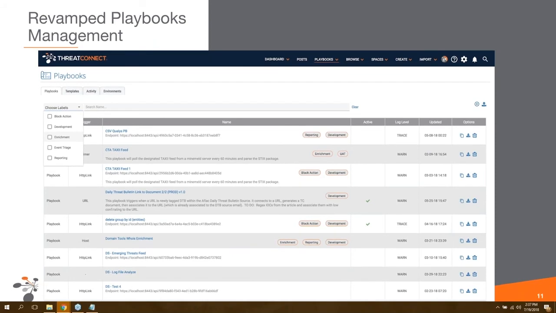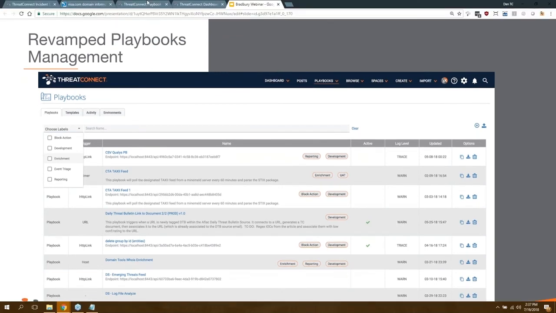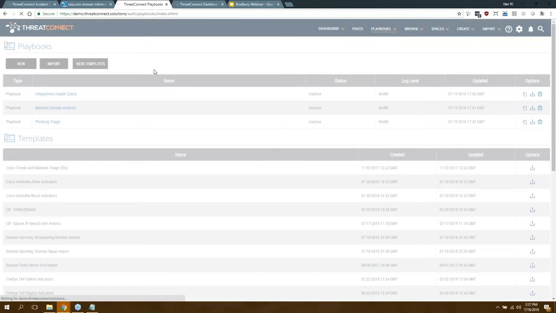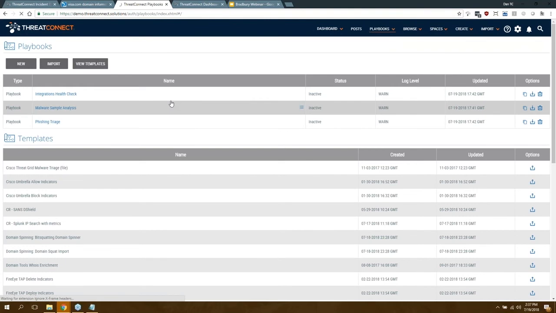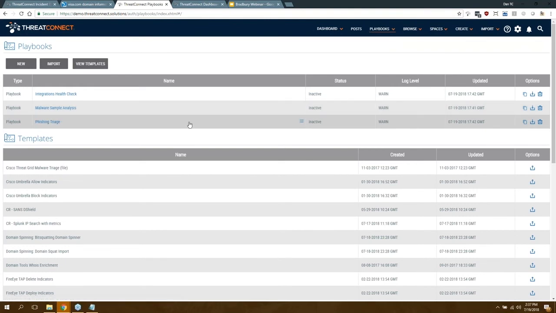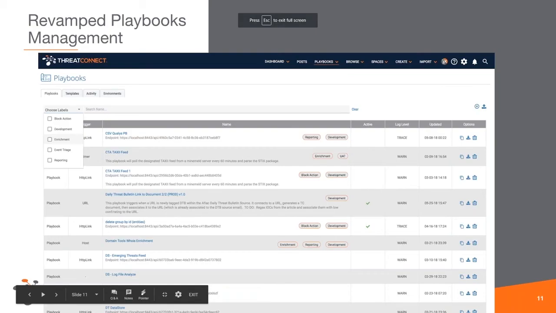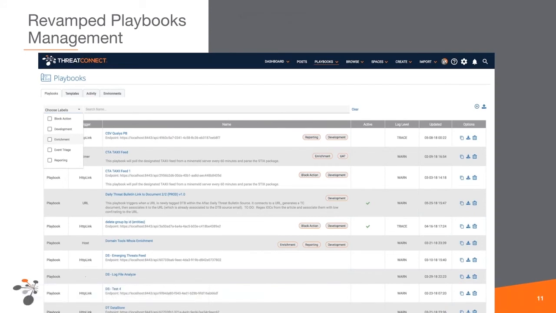And speaking of playbooks, another thing we've got coming out is a revamp of the playbooks listing page. That is this page right here. This page is about 2 years old at this point. We've gotten a lot of feedback on ways we could improve it, and we've taken them to heart. So, for example, we see customers who have 50 playbooks, many of them in multiple stages of development. So they'll have, you know, this is one that's in design, this one is in QA, this one's in production,